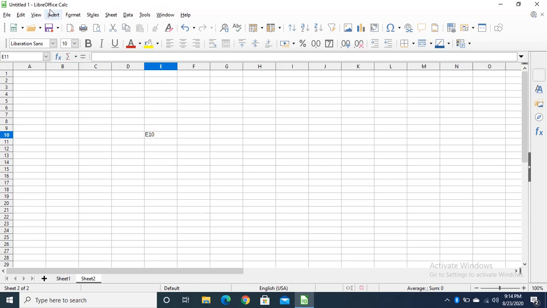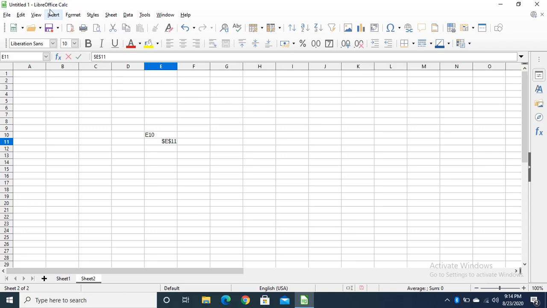Then second is your absolute cell reference. Absolute cell reference is when we put a dollar sign in front of row and column both.